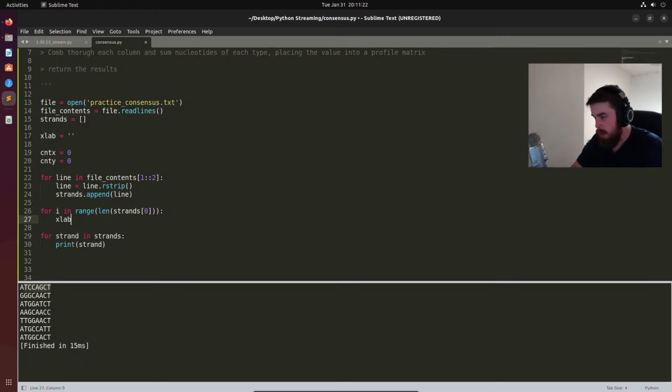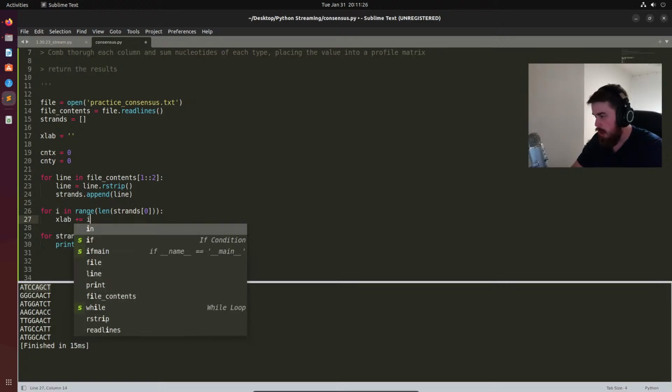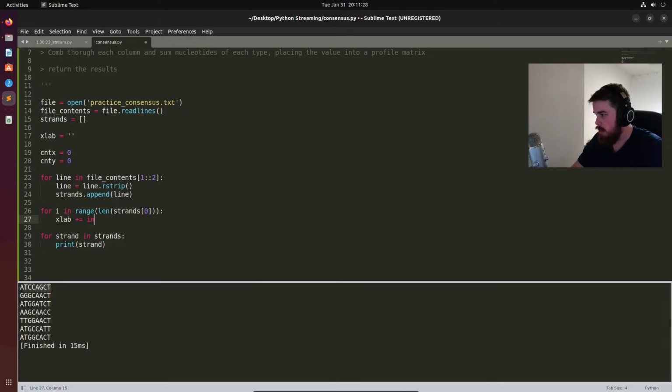X label plus equal I. Count X plus equals 1. So it's hopefully going to make a new string here, and for every new character it sees in the first item, in the first list